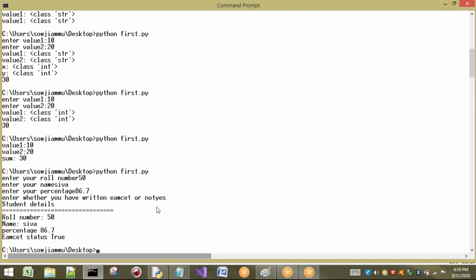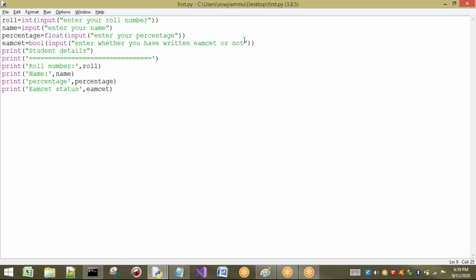I have given some value. If I do not give any value, automatically it will take it as false. But I have given some value, whether it may be yes or no or anything. So if you want to write exactly, better to place here true or false, so that the user who is going to enter the details can understand easily. Okay, so you can enter only that type.